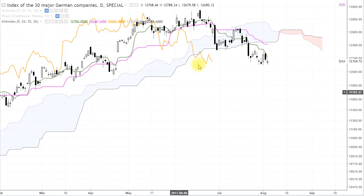Looking at the DAX, Germany, and here we see a negative market trading down below each of the Ichimoku indicators. Trending down fairly solidly and not looking overextended, but support coming in around these lows, about the 12,095 level. The market being rejected from the Tenkan-sen, watching Tenkan-sen resistance at 12,216. Momentum is to the downside, shown by the Chikou span below the corresponding price action, so a negative market in